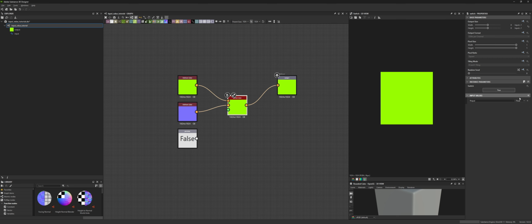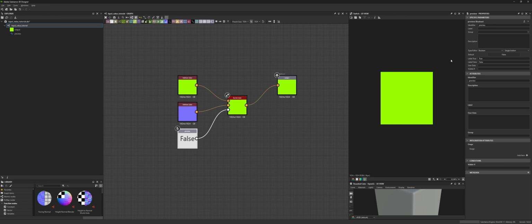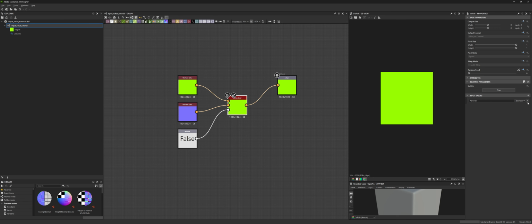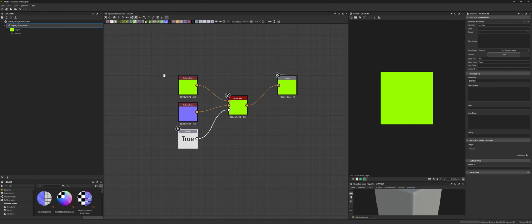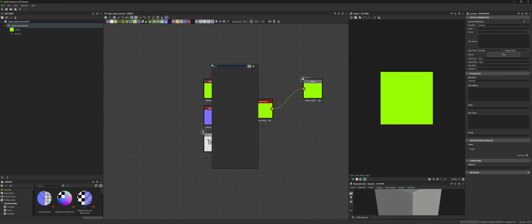Click the plus button at right of input values tab. Name it #preview. Set it as boolean. Plug the preview boolean node to the new node input of your switch color node. This is doing nothing now. We need to tell the switch button to be driven by a parameter. So, in instance parameters, click the menu button at right and select the newly created boolean variable we just made,